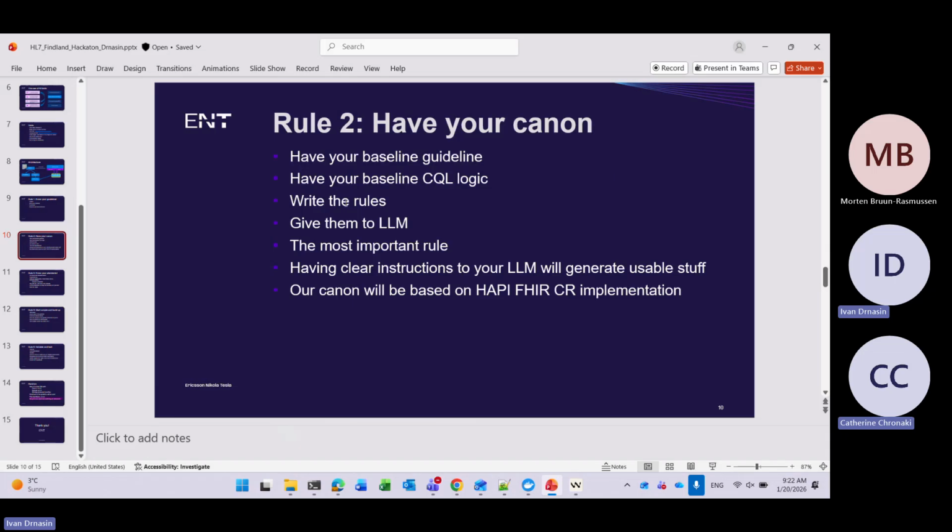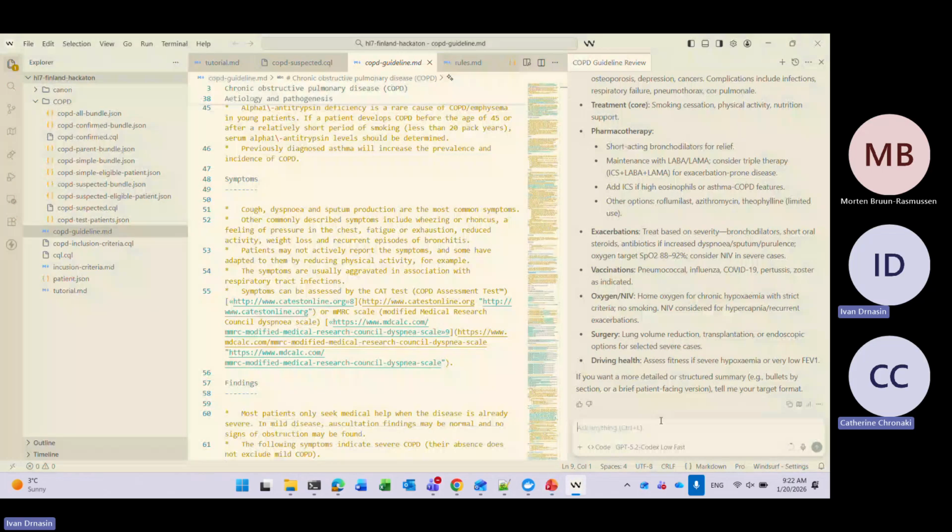And that's the most important thing, to give that to the LLM and tell it that it's really important. So could you show us this set of rules? Okay.